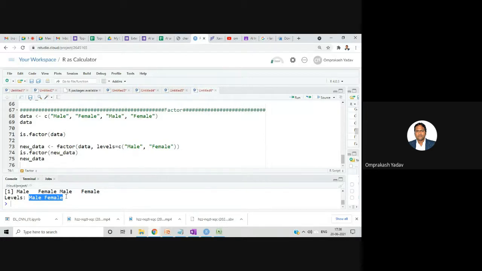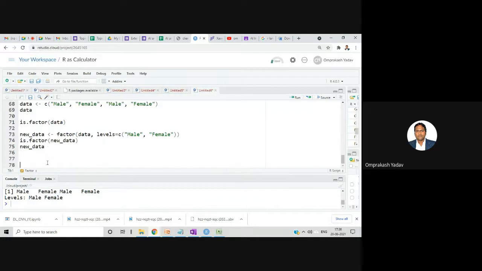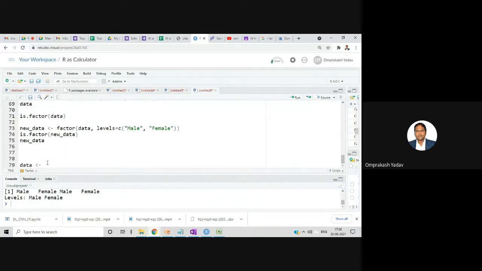I'll give you one data, and you just try to convert. The data is like this: east, west, and a few more elements I will add.